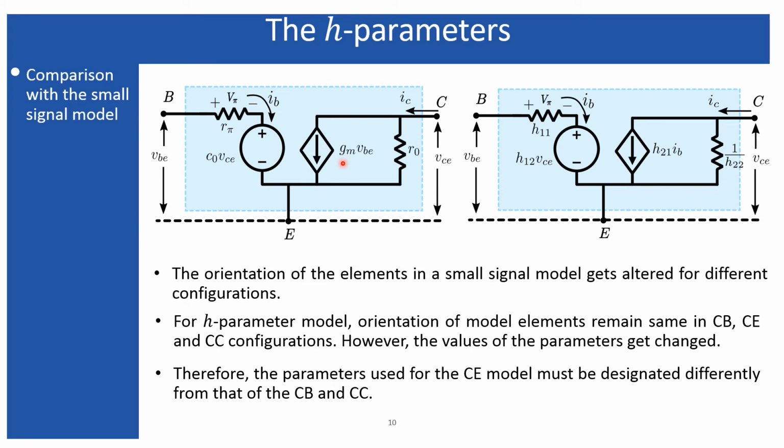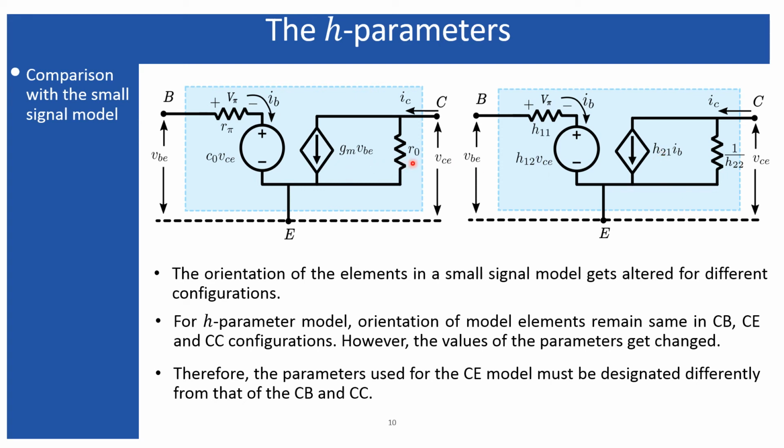require a change, because in the small signal model, this current source gm, the transconductance, basically represents the ratio of the output current to the input voltage, IC divided by VB, whereas in the h parameter model, the h21 represents the ratio of the output current to the input current. So when you change this gm VB in terms of the h parameter model, you also need to change this VB, because VB is associated with this gm, whereas IB, the input current, will be associated with this h21. So that is why you need to change both of them.